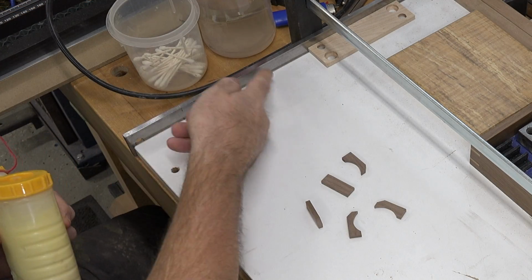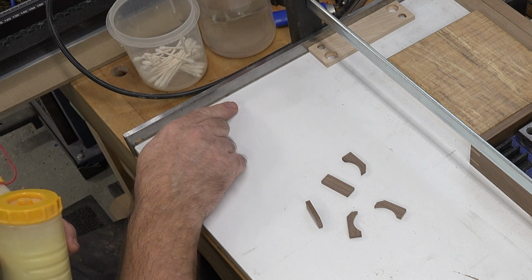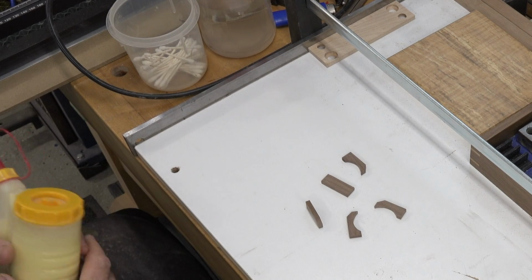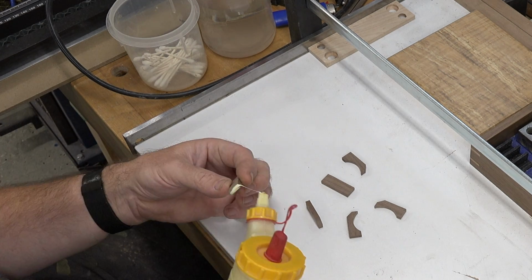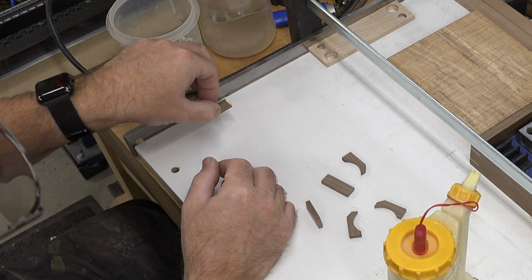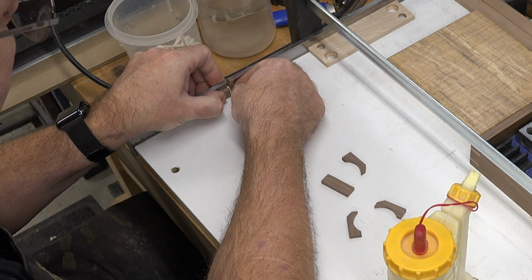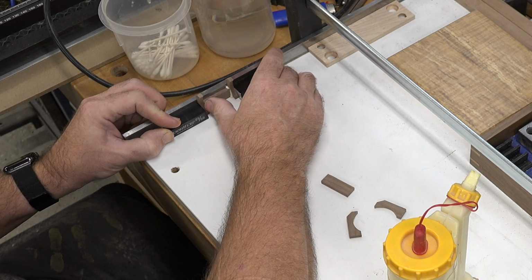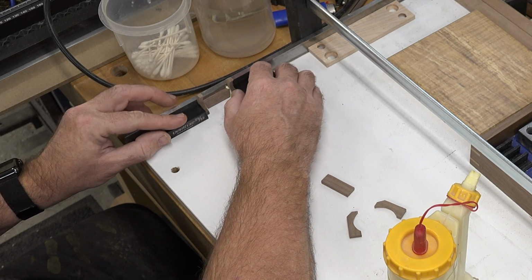So we have our straight edge here to give us a nice vertical 90-degree reference point on our build from our assembly board to that steel straight edge. And we're just going to add a little bit of glue to each end of our spacer. We're going to put it in place against our straight edge, and we're going to add our brackets, our fuel tank brackets that we cut. And as long as you have your pieces pushed right back to the steel straight edge, you should get a